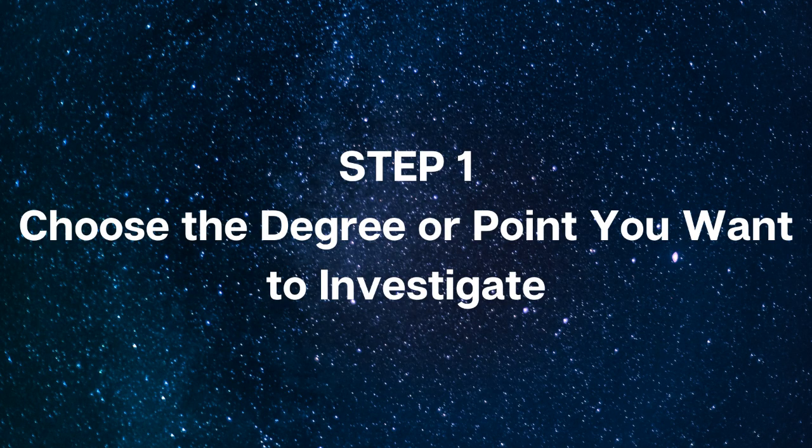Step 1. Choose the degree or point you want to investigate. You can calculate an Almuten for the degree of the ascendant, for life path and personality, the degree of the sun, for vitality and personal essence, for the degree of the moon, for the soul or emotional body,